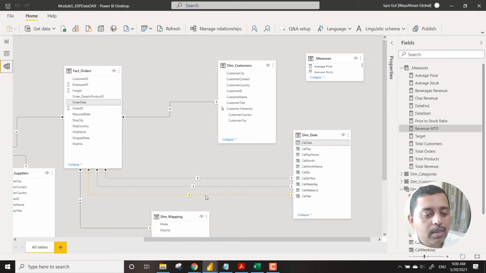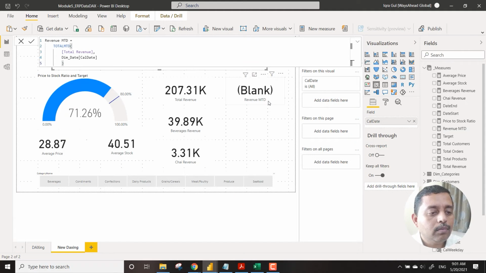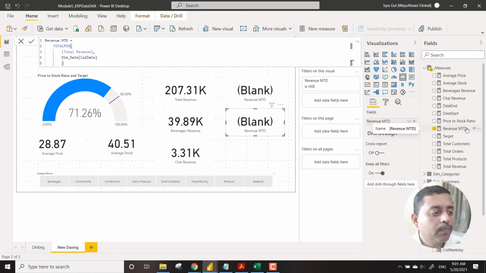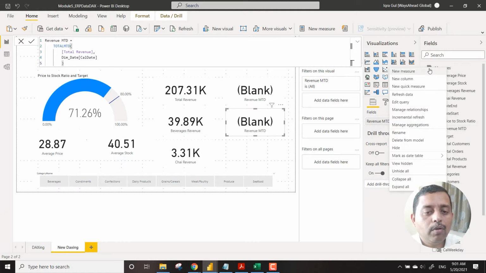So the revenue is there, cal date is also there. Anyways, let's create the other ones also, and then we will focus, and then we'll see where is the issue, how do we mitigate that.